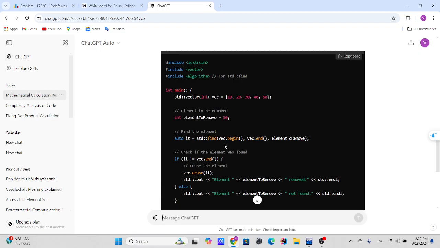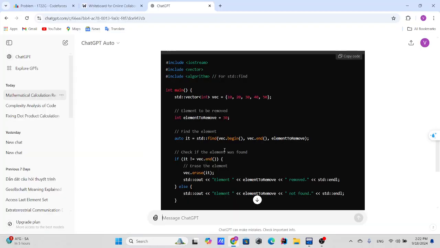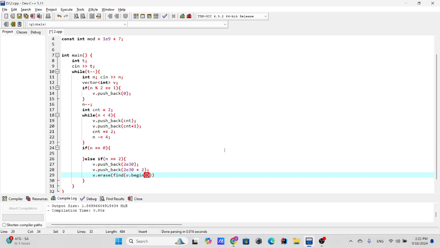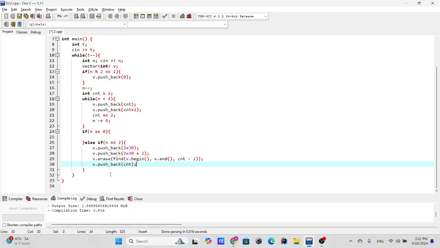v.find. Okay, find: vector.begin, vector.end, and the value, right? 2. Okay, this is a value, and v.push_back count plus 2. That's correct, right? Okay, so